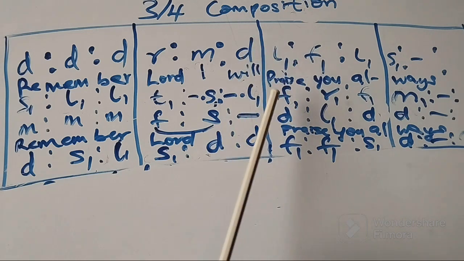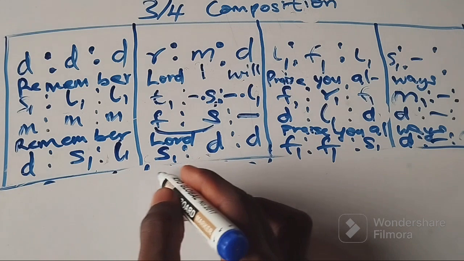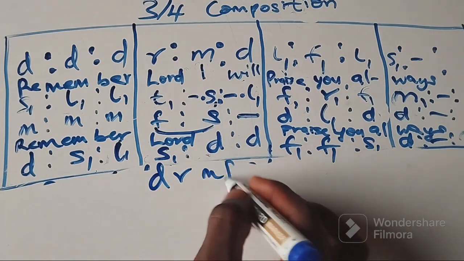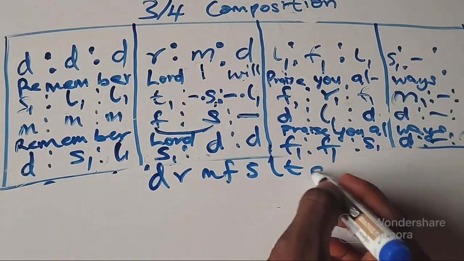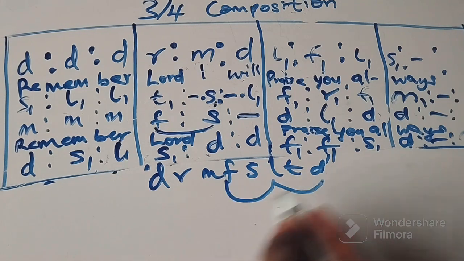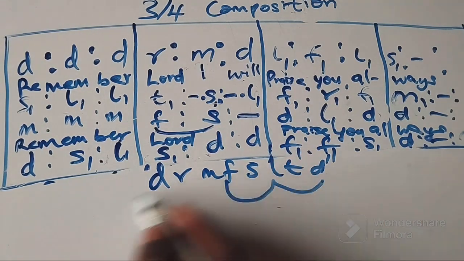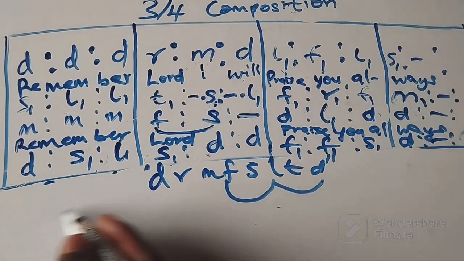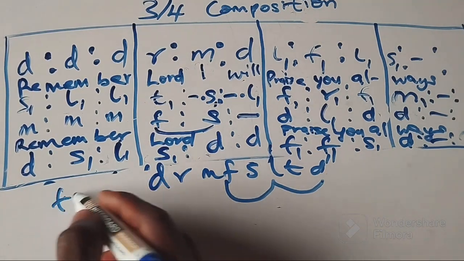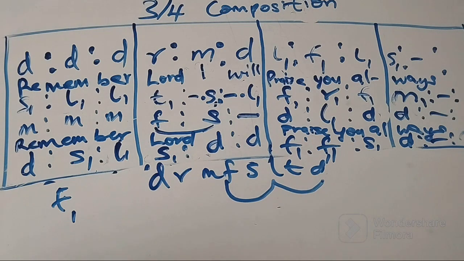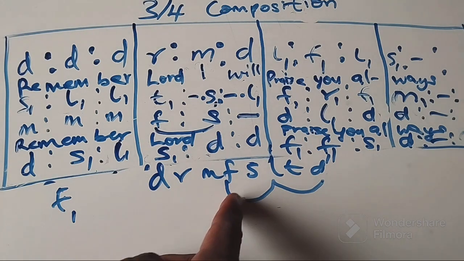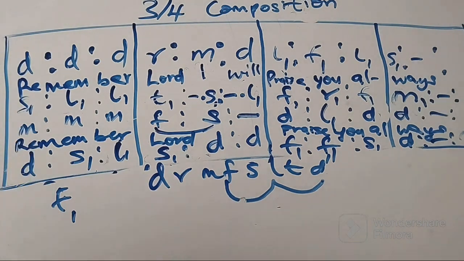This is the fa chord. Fa, la, do. If you remember, do, re, mi, fa, sol, la, ti, and do. The fa chord is like this: fa, la, do. That is why I am using it, because the bass is singing lower, so I'm using the lower fa to put at it. You can still use this fa, depending on how it sounds to you. So that is how to do it